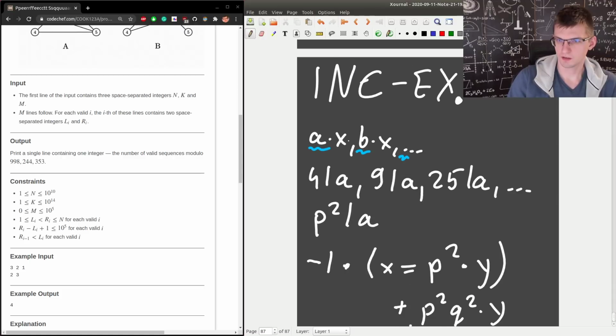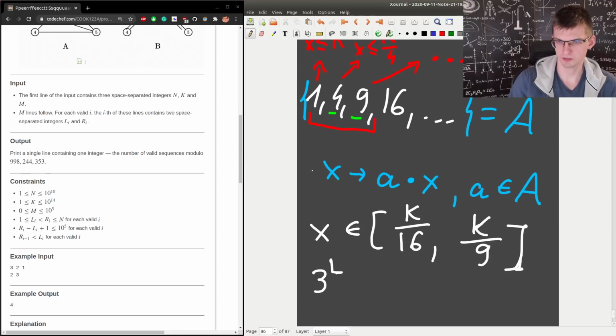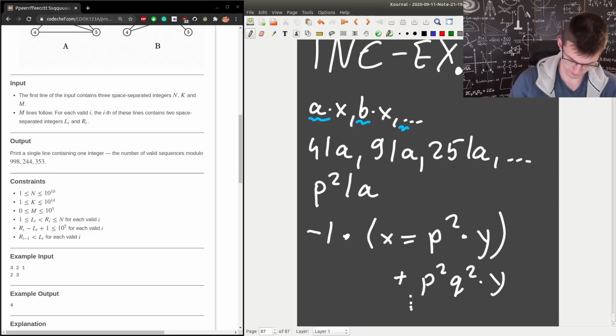I compute the answer. I create this vector of squares, just all squares. Then I iterate over all squares for each of them, depending on